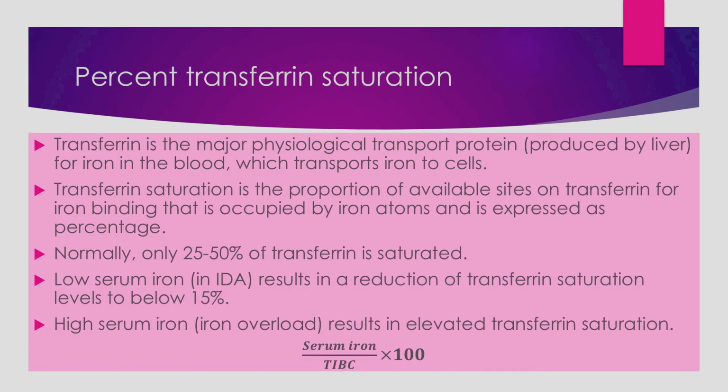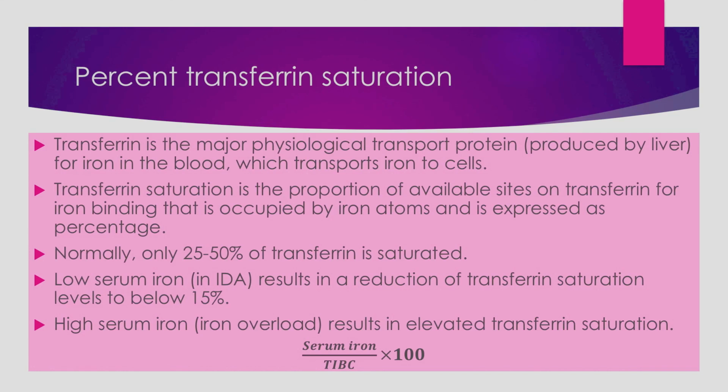So next is percent transferrin saturation. Now this transferrin protein can carry many iron ions, but generally only 1 or 2 irons are attached to one transferrin molecule. Not all the transferrin molecules in the blood are saturated. Only about a third of them, or you can say only 33% of them on average, are saturated with iron.